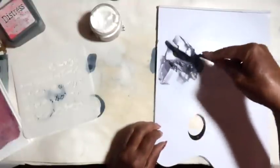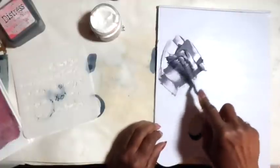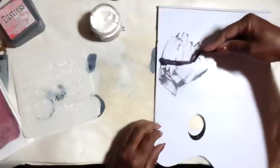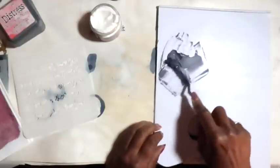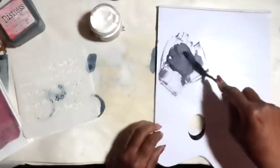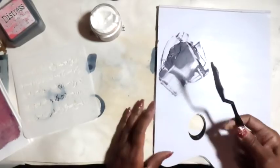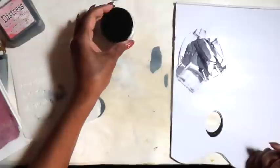So I really like working with these because they're like a dye, and so they really stain. And because the texture paste is designed to really take color, it really does color. These dyes really do a fantastic job of coloring this paper, and then covering the paste, I mean. And then what happens is that when you go to